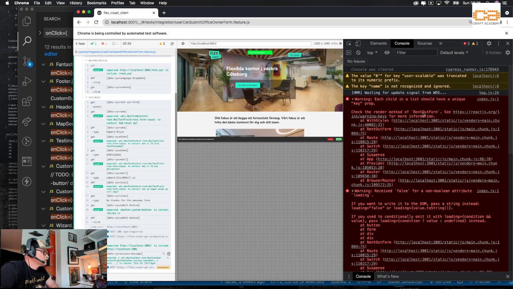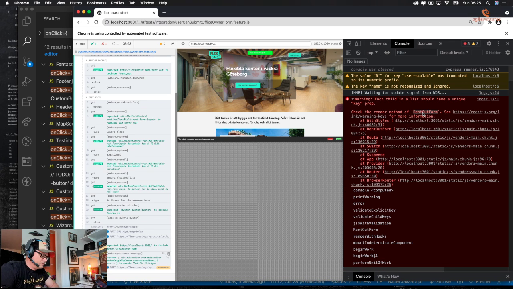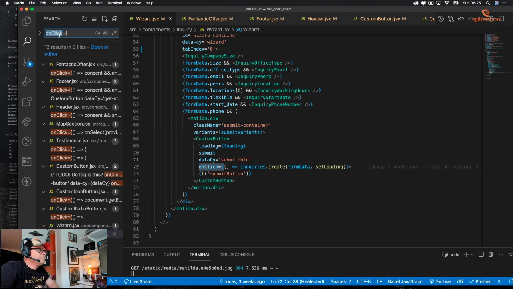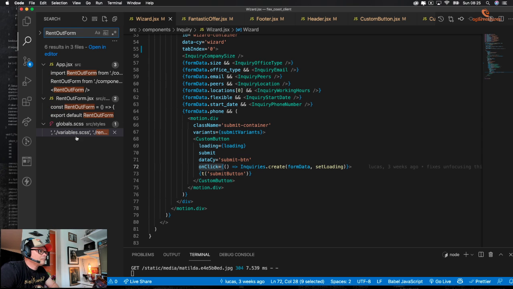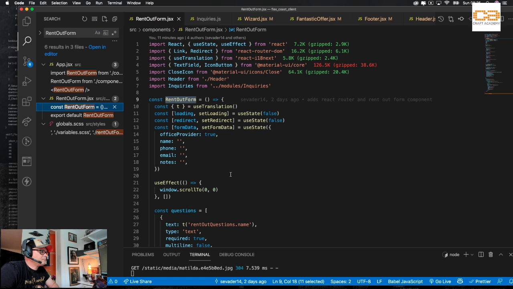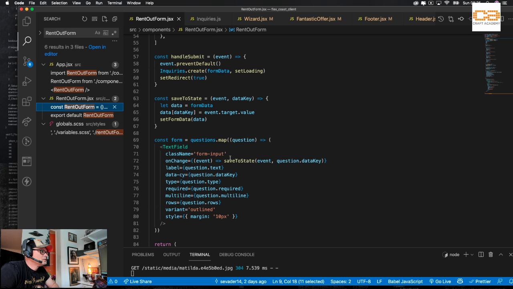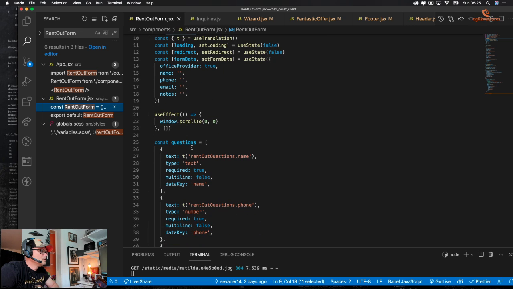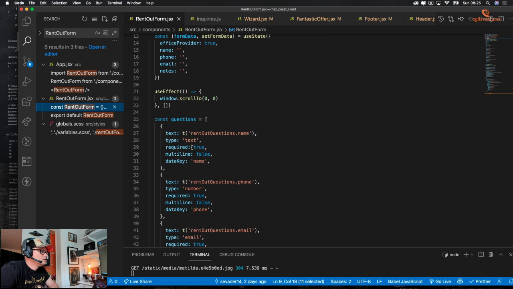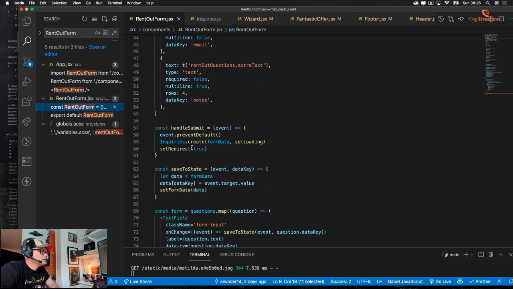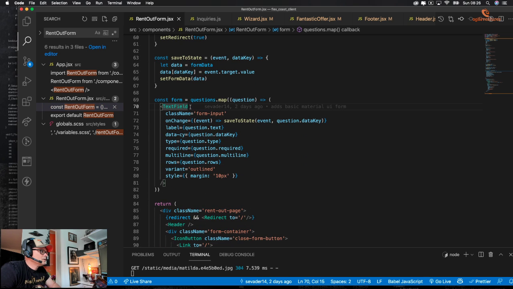Let's focus on this key prop. Where do I iterate? Right. So I just, form called text field. Right.